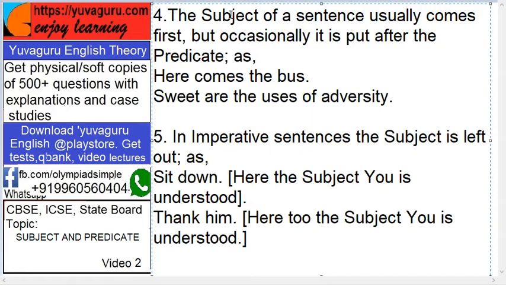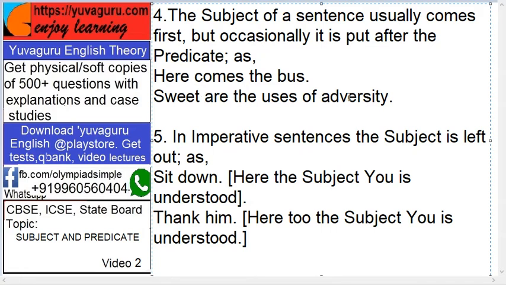See this, sometimes it is first, sometimes it is later. 90% it's first, and that is called active voice, and when it is later it's called passive voice. We'll come to that later also. See this: here comes the bus. Bus is the subject, it is afterwards. If you want to make an active sentence, it will be: the bus has come. And this is passive. Predicate first, subject later.